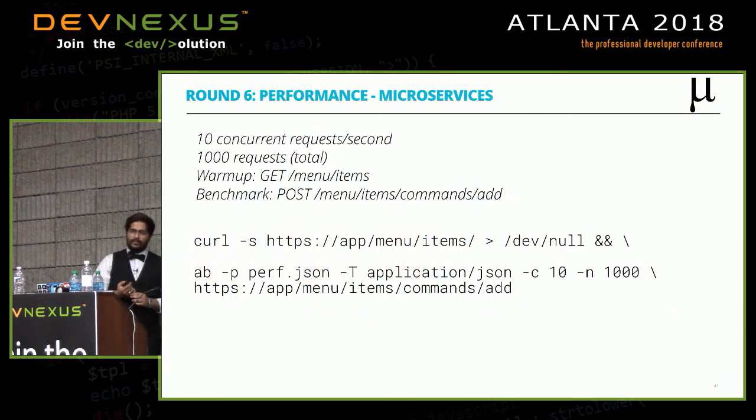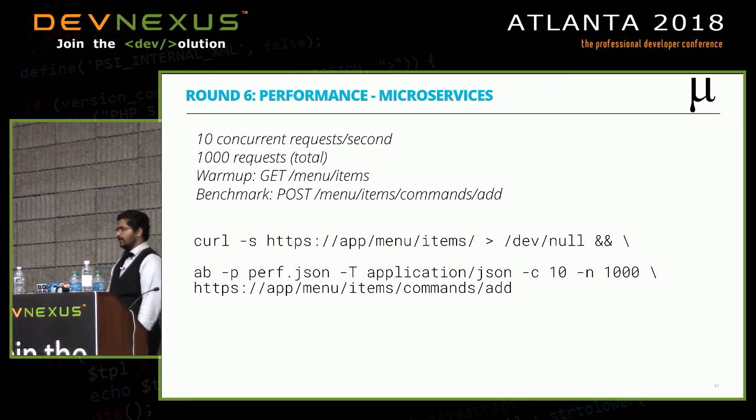Okay, let's talk about performance, the thing that I sort of alluded to earlier. Let's get the comparison numbers first, the benchmarks. How are we actually testing it? It's not a ridiculous amount of load that we're taking right now, but you could change the numbers as you want. But the numbers I'm going to be showing are for 10 concurrent requests a second, 1,000 requests overall.